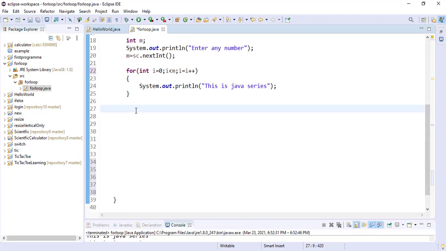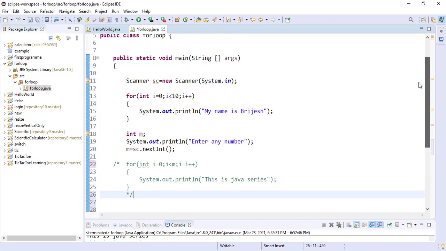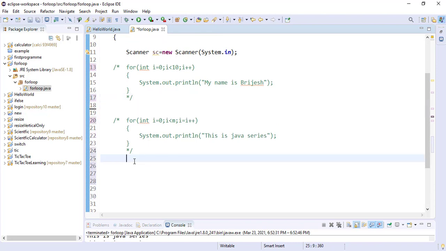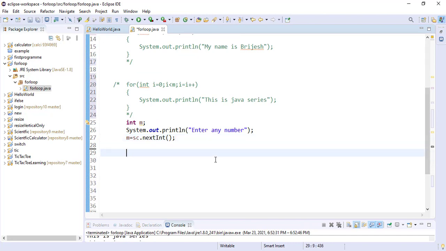Now we have to see how to print a table of a particular number using a for loop. So first of all, for printing a table of a particular number, let's comment this code, because I don't need to run this code again and again, and also comment this code. So you can see this is fine. I cut this code from here, Control X, and simply enter any number. Then I want to print the table of that particular number. So I have to run the loop for i = 0, i < 10, because I want to print the table up to 10. And then I have to simply increment i++.